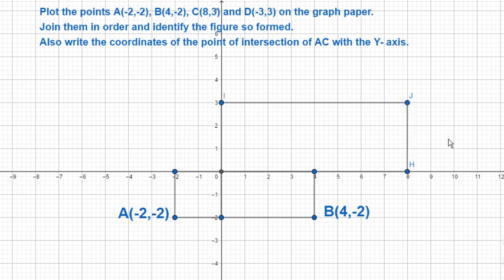Since these automatic functions are there, they are labeling automatically. Afterwards I will change it into point C. So this is the point C, and the value of C is 8 comma 3. So this is the point C here, and what are its coordinates? 8 comma 3. Now only one point is left, that is D, and what are the coordinates?